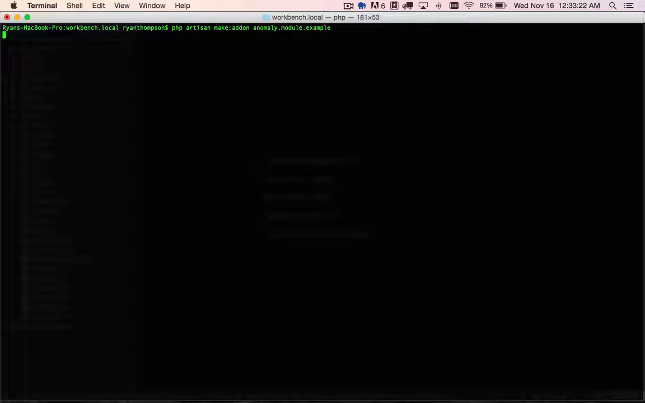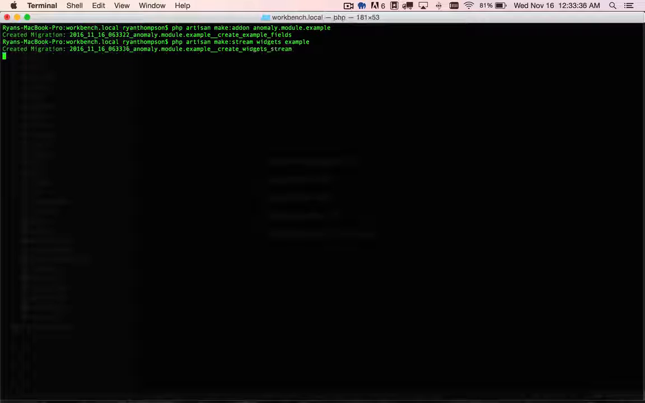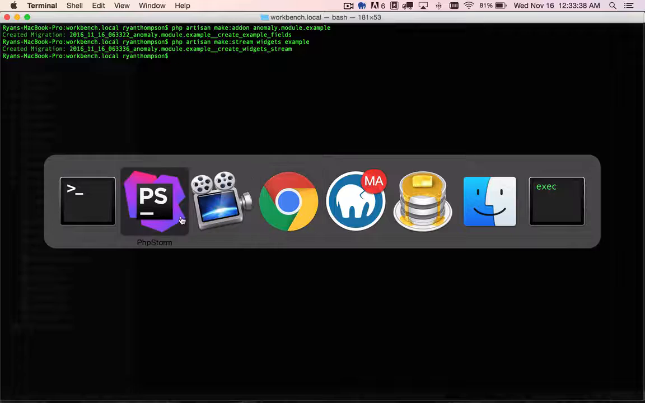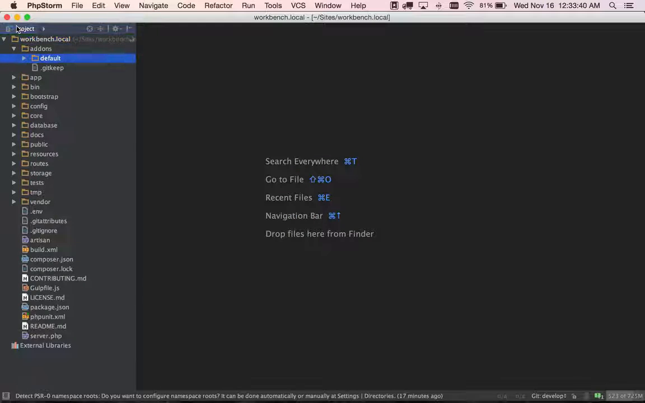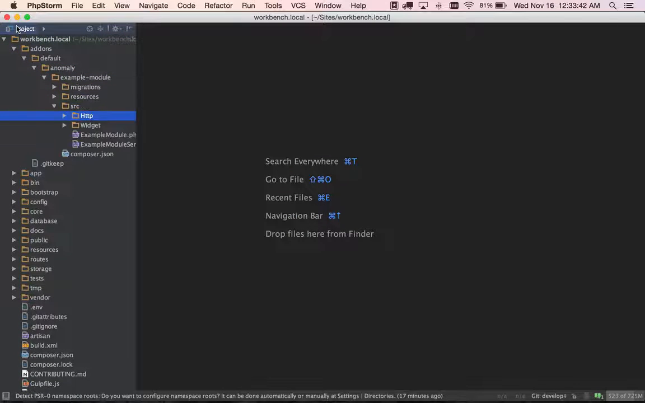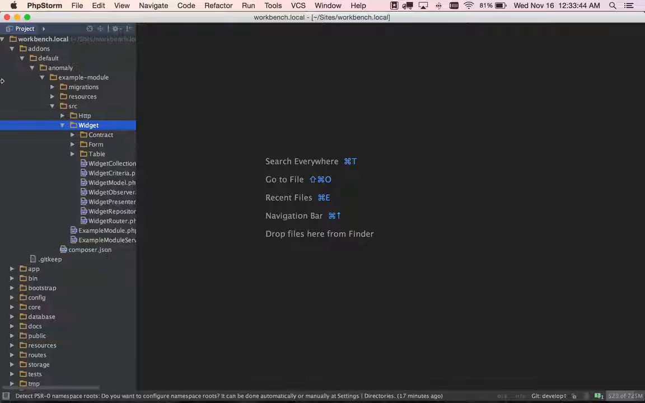Anomaly.module.example, and now I'm just going to create a dummy stream. Make stream, let's call this widgets, and we're going to put it in the example add-on. Great. Now let's hop over to PhpStorm here and go see what we've got in the new widget namespace that